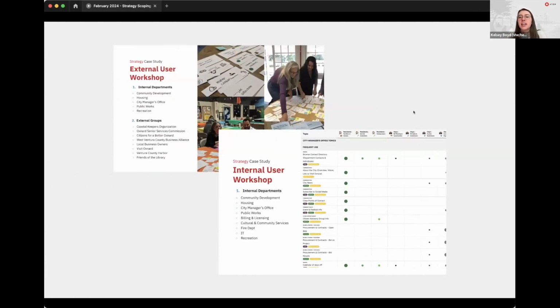From there, we're looking at workshopping with both the staff and with the audiences. So doing virtual workshops with our staff for this project, again looking at the range of needs and hearing from different departments how the audiences they work with would prioritize different types of information. And then meeting with different representatives for user groups in person. So hearing from librarians to citizens to bilingual